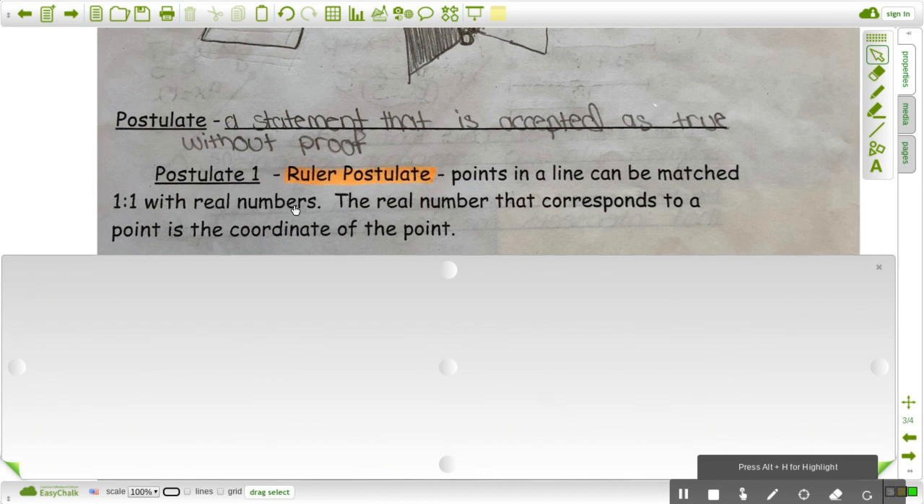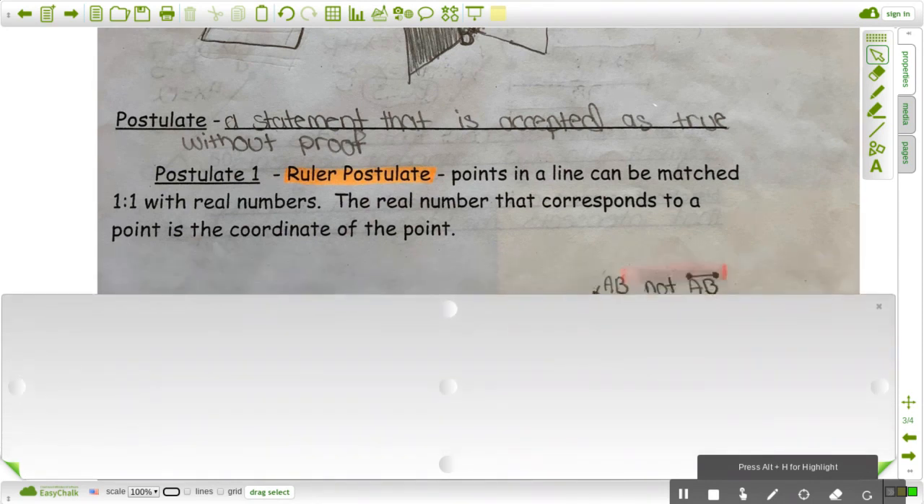You have to remember this. And there's something called proofs where you need to know these things. That's why they're there. So the ruler postulate is points in a line that can be matched one-to-one with real numbers, and the real number that corresponds to a point is the coordinate of the point. What I mean by that is,